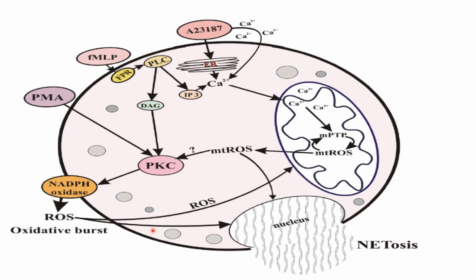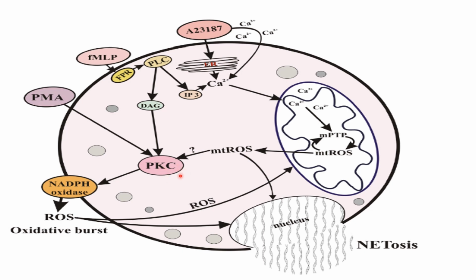This diagram I took from the mentioned paper shows that in the process of classical netosis, we need the NADPH oxidase enzyme to be activated. And to be activated, this enzyme needs protein kinase C, which could be activated in many ways, including increasing intracellular calcium. Here we can see calcium comes from the endoplasmic reticulum, and then we get calcium from outside the cells. This calcium goes to the mitochondria, where it leads to formation of mitochondrial reactive oxygen species, and then this will result in activation of